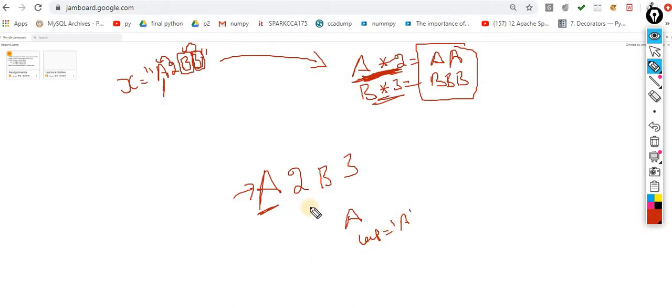Okay, now I value becomes 2. Now I value is not a character. If it is not a character, then what do I have to do? I have to multiply with this A, this previous value. Now it will become AA. Okay, and you have to add it into the container. Now you add AA into the container.